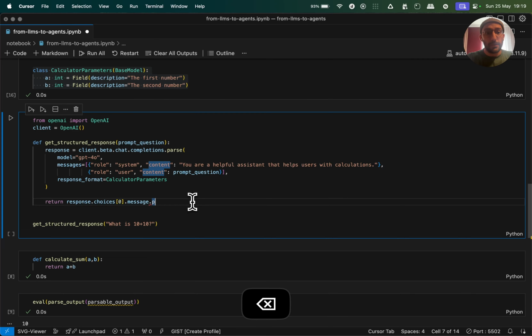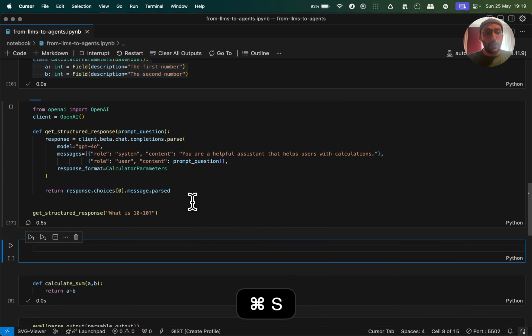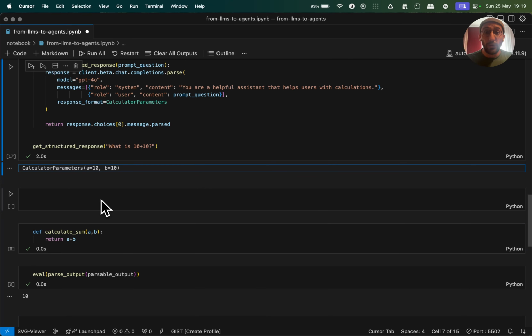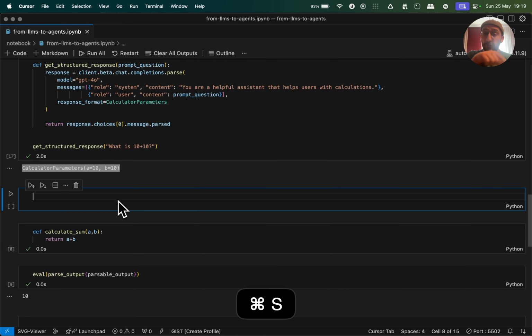Client.beta.chat.completions.parse, and then it's message.parsed. But now check out the output, folks. The output is not going to be more text and some complicated things. It's going to be a structured object, something that we can access its attributes in order to obtain exactly what we want. So we're not depending on the LLM generating the text with the right things in the right place. Now we're generating something that's easy to extract.